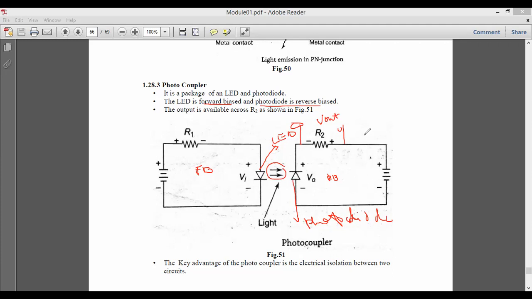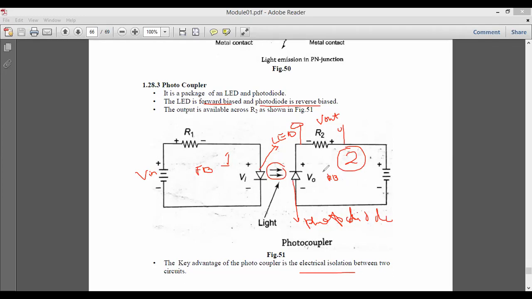Now, what are the advantages of this photocoupler? It is nothing but the electrical isolation that can be achieved between two circuits. Electrical isolation means, if I say circuit number 1 and circuit number 2, and circuit number 1 is operating normally due to the influence of light, and there is a change in the input voltage here, and because of that the intensity of this light changes, then what is happening to circuit 2?